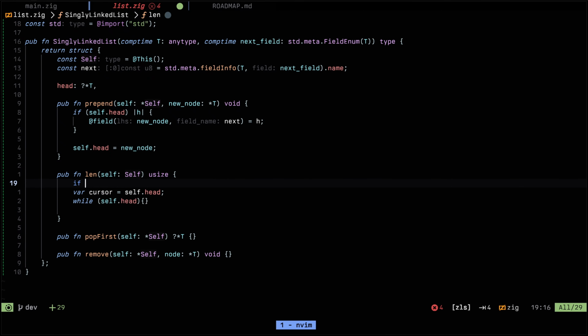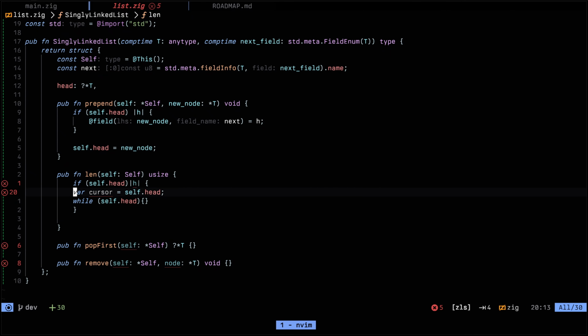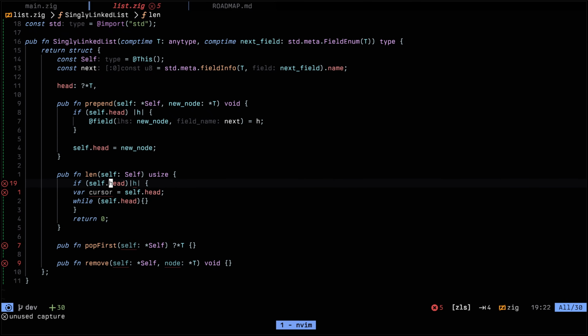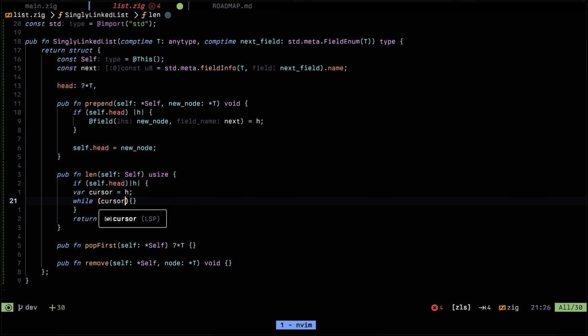So let's first do a check. So if self.head, let's just capture that as h, and all of this is going to go in there. Else here we are just going to return 0. There we go. So here we want this to be this, and while cursor